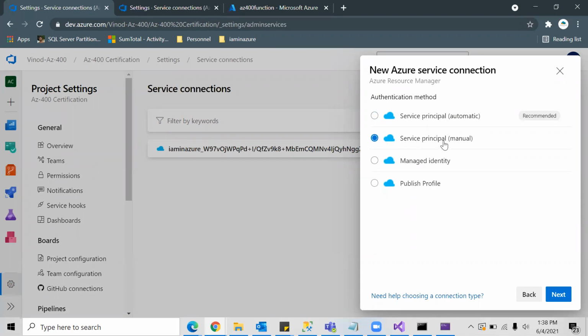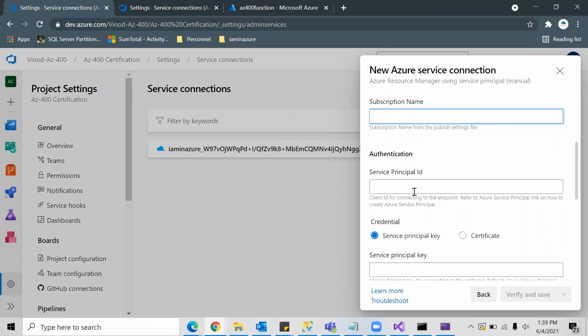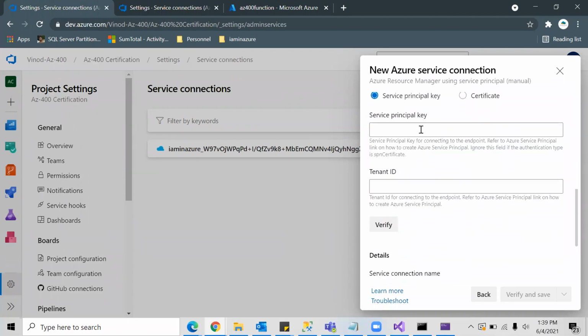I have service principals with which I have already created one service connection here. When you select manual, it will ask for your subscription details, subscription name, the service principal ID, the key, and the tenant details. Once you verify and add it, you will be able to see it here.